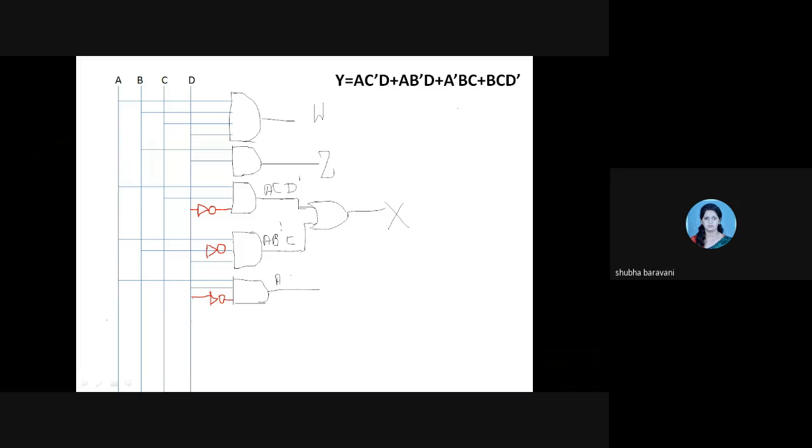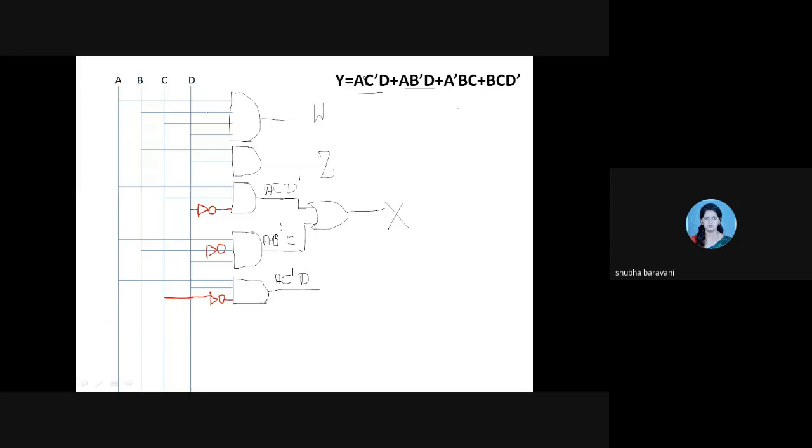No, C bar in the sense this will come from here, C bar. A C bar D is done.